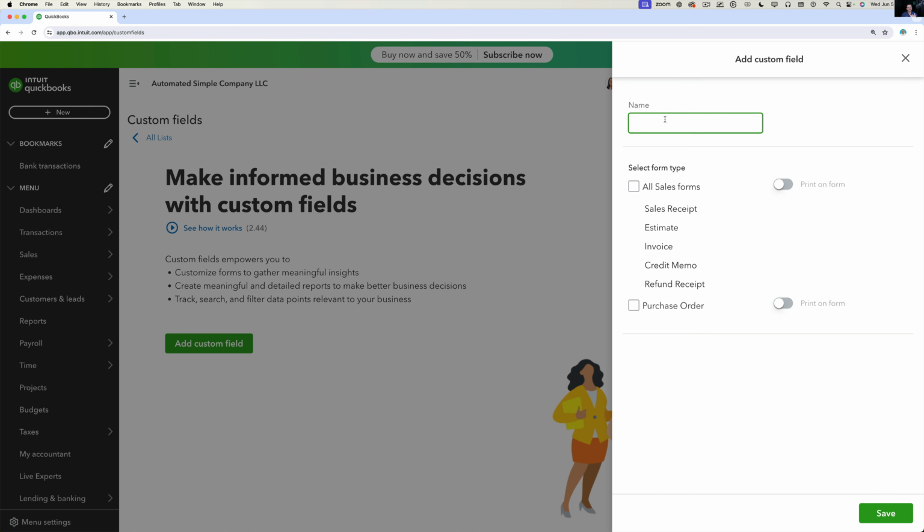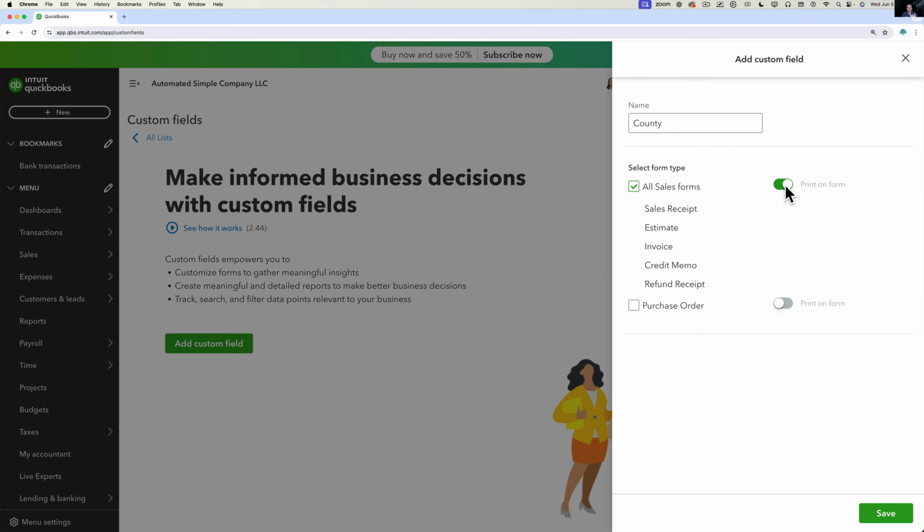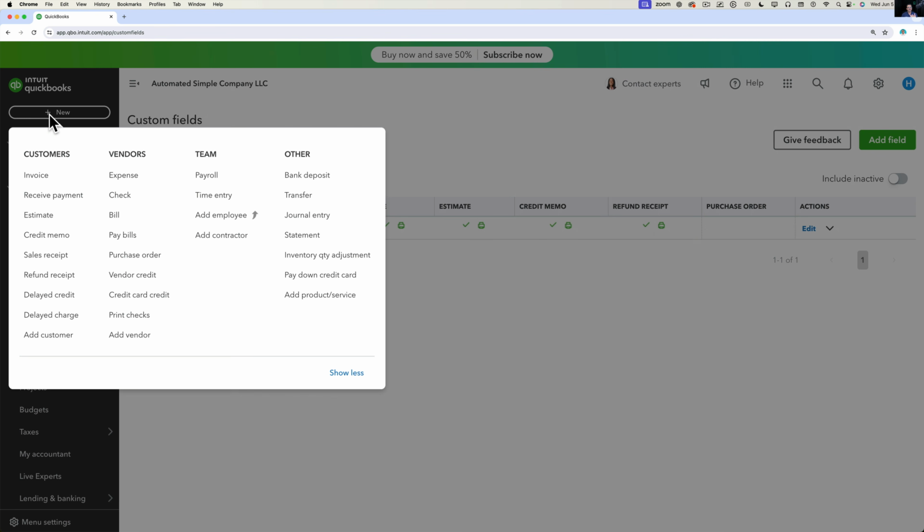So let's say I'm gonna have a custom field for, let's say, the county that the client is in. Maybe this is some internal information that we're tracking. So I'm gonna click on All Sales Forms because I wanna track the county of the customer, and this is manual information we're gonna track. And then I can choose whether or not I want this to print or to show in the estimate or the invoice. So we're gonna click here where it says Save, and there's my custom field created. Again, you can create up to 3 on the lower versions of QuickBooks and a whole lot more on the